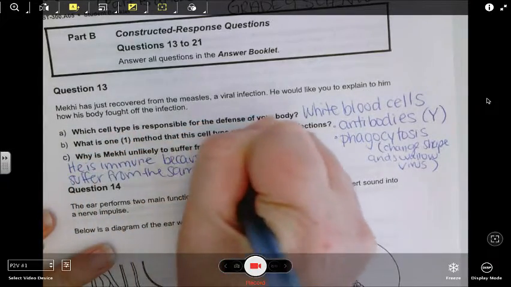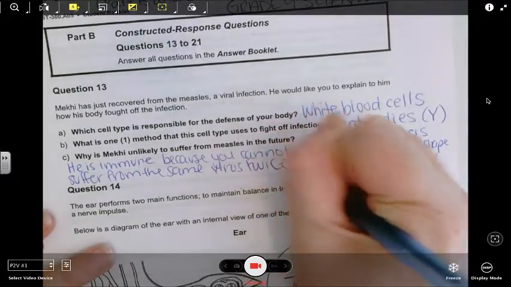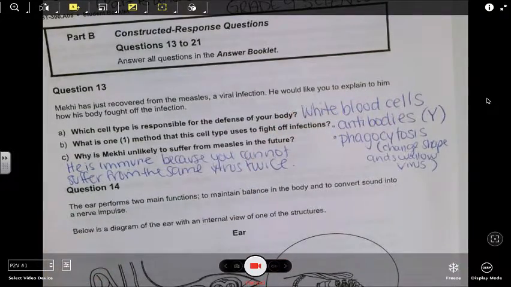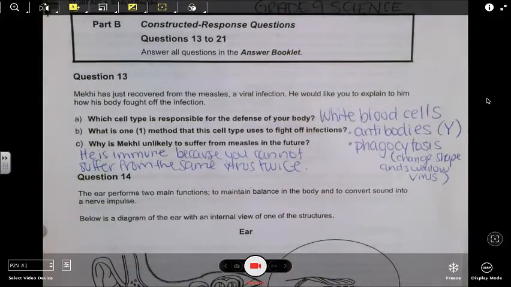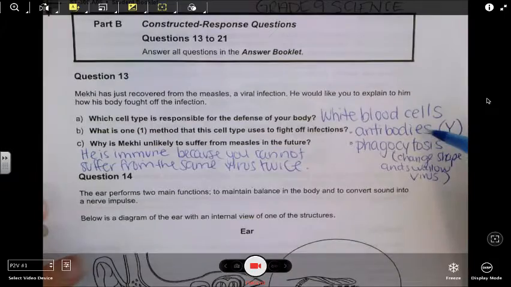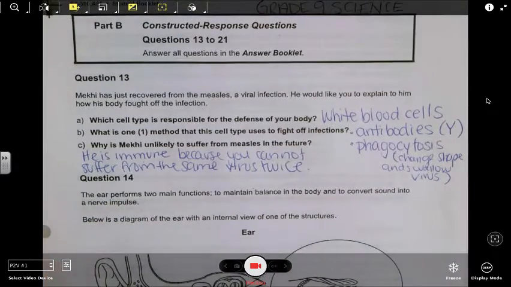Okay, so that would be the case for that's what we do with the measles, that's what we do with the chicken pox. That's why when kids have the chicken pox, a lot of the times people will invite other kids over to try and catch the chicken pox too, because it's better to catch it and deal with it when you're younger. It can be a lot more dangerous if you catch it when you're older. So that's just one example, but anything that we have vaccines for, if you're immunized, the two ways of immunization, that was a question on another exam, was antibodies that you create yourself, and the other one is vaccination.